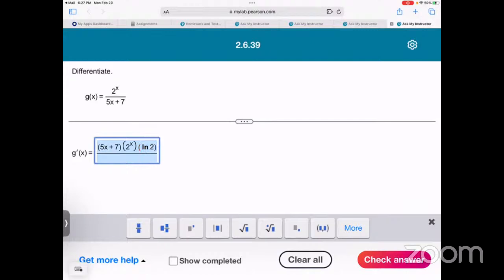So that's the bottom times the derivative of the top minus the top, which is this, times the derivative of the bottom. The derivative of the bottom is just 5. So that's low d high minus high d low over low low. Low low is going to be,